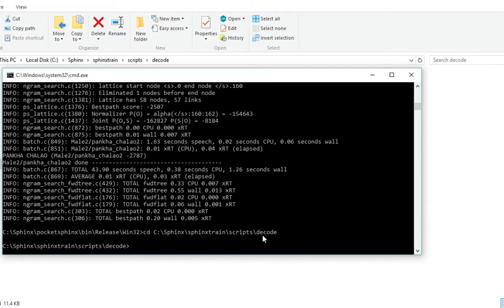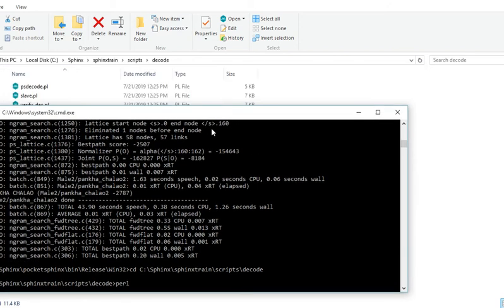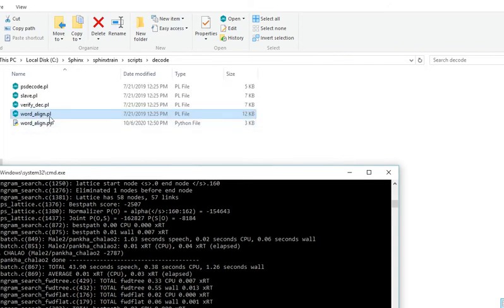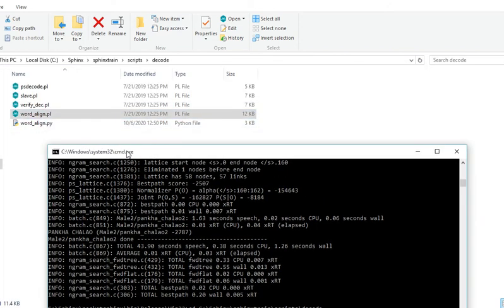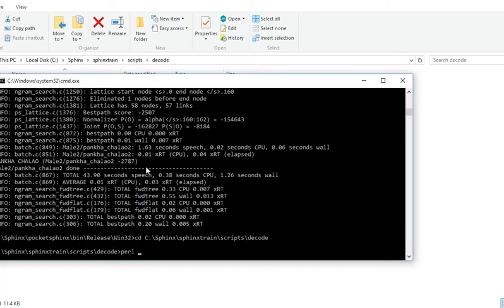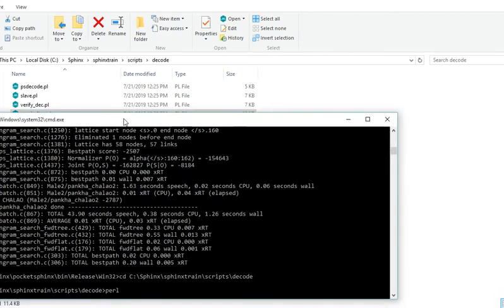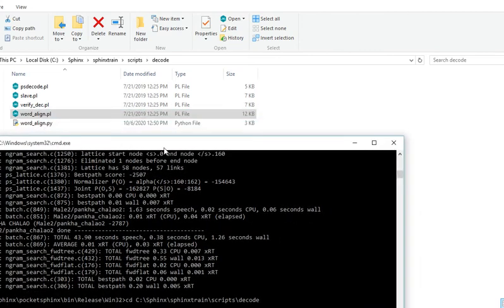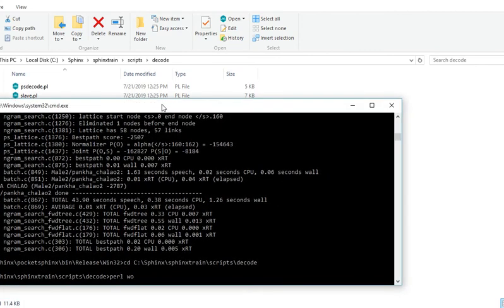Now you have to use the perl keyword in the cmd directly, because the file which I want to run is word_align.pl. The extension .pl means it is a Perl formatted file. So for this purpose I used the keyword perl, followed by word_align.pl.